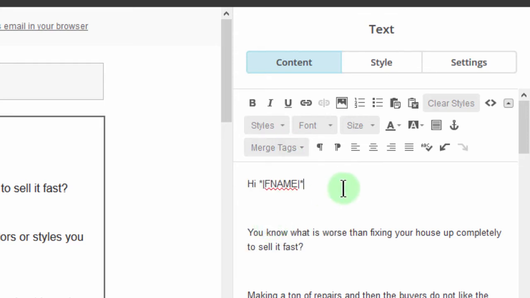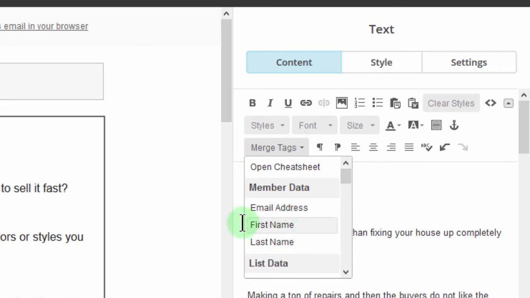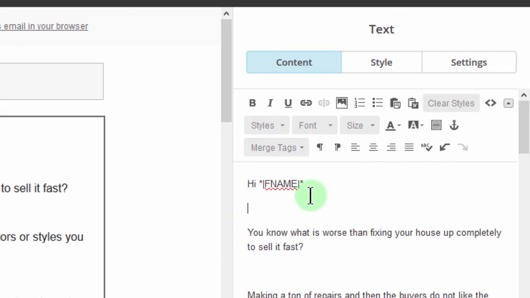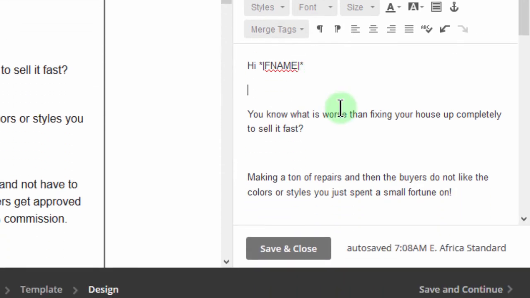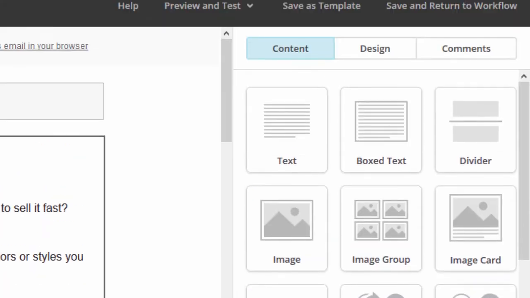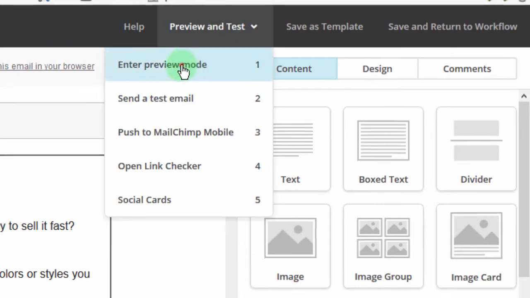So it's important that when you're doing this final debugging for your merge tags, this template has been used in a campaign or it has been used in an automation. Because if it has, then it means that this template is already connected to a list. So if you come here, you will see all the list fields and you can use them then. So make sure it's being used in a campaign or in some automation. So if I save this and then I preview it one time